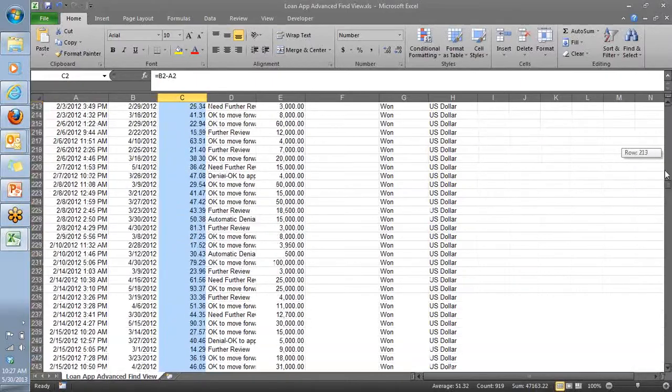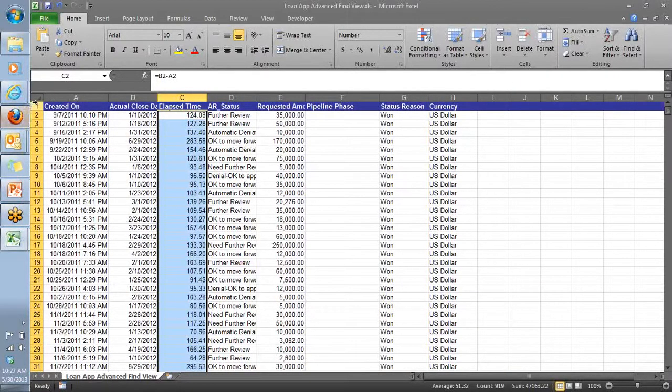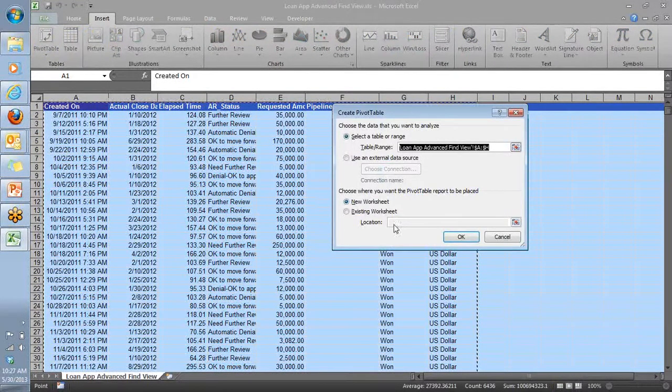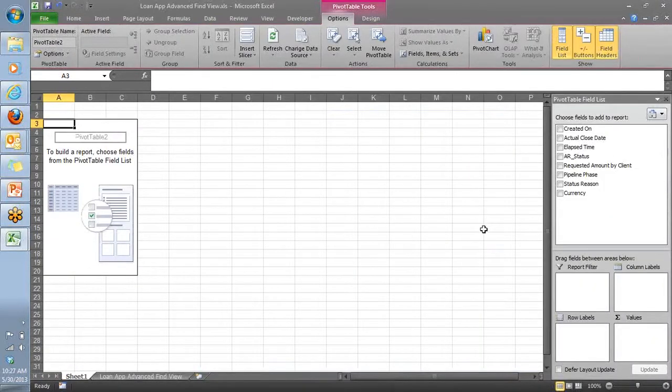All right, so that's how you do elapsed time. Now I could do another pivot table, and maybe I want to know if a certain AR status takes more or less elapsed time. Then I'll go ahead and select all my data. I click here at the top right, and then I say Insert Pivot Table. It will go to a new worksheet,